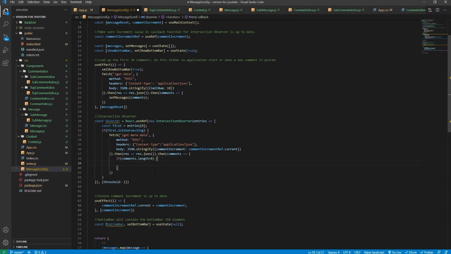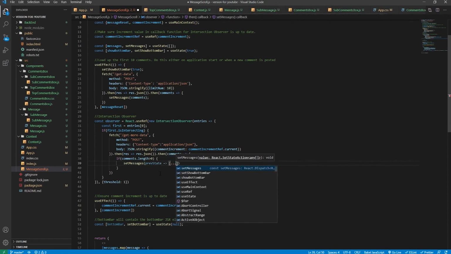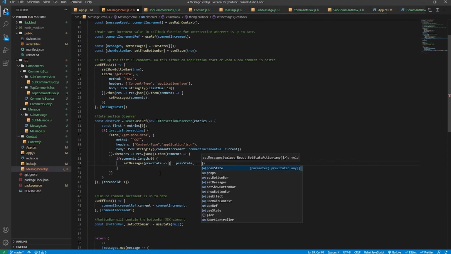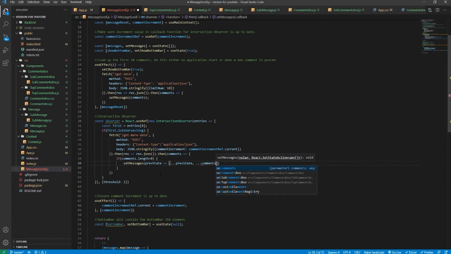The way that we'll do that without overwriting the messages that we've already got rendered, we'll say setMessages, prev state to get access to its previous state, and then we'll return, we'll use the spread operator to return all the iterations that we already have on the state, and then we'll also use the spread operator on the comments